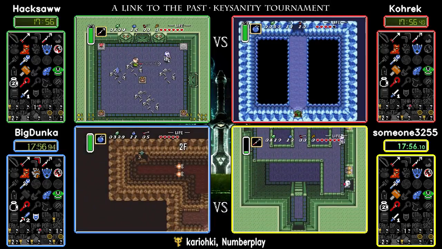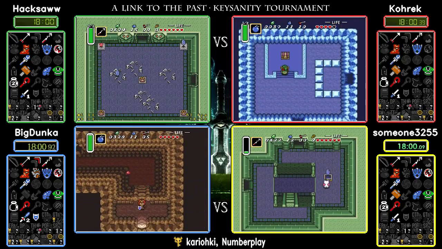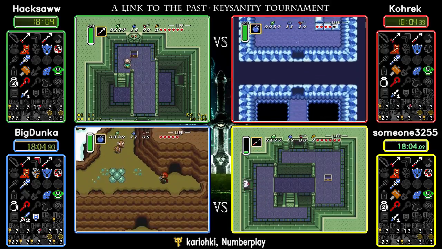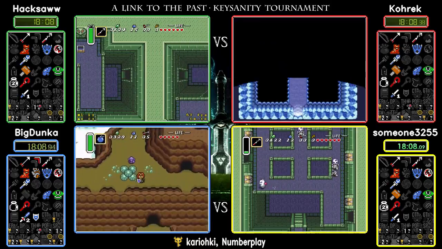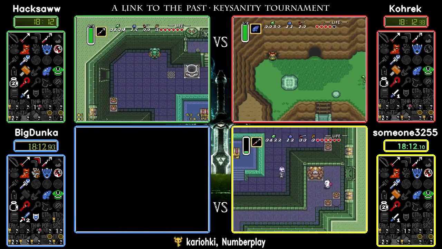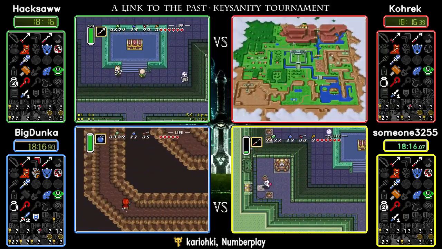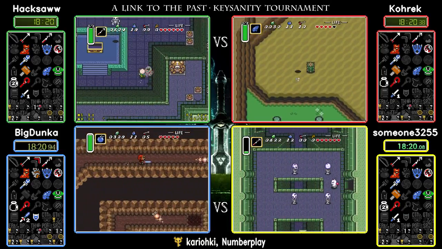Well, apparently silver arrows were picked up somewhere by everybody. Yeah, did you see what theirs were? It was flooded at the dam. Oh, okay, that's what the flood item was. Just 50 on the floating island. Ooh, and Kohrek is making the play for